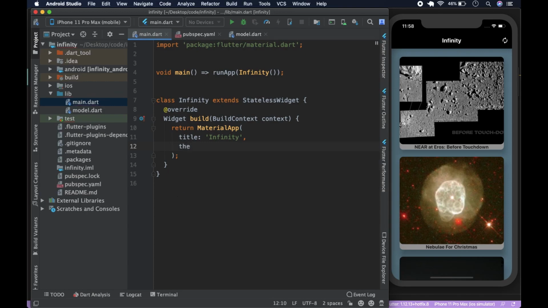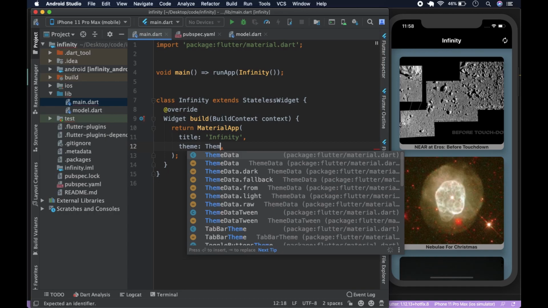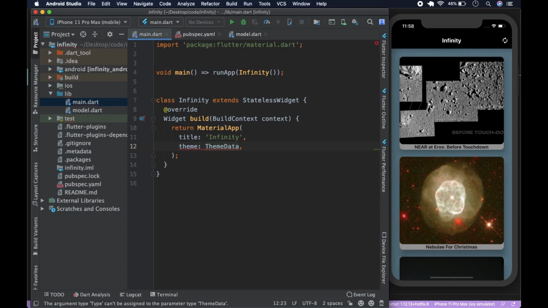We're going to have theme, and ThemeData is going to be